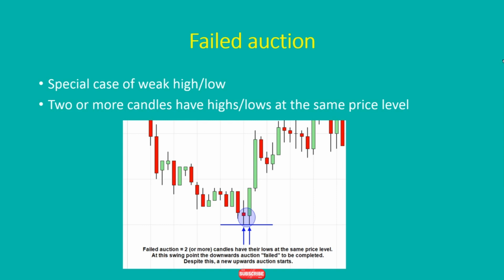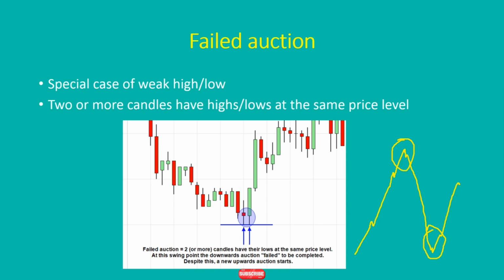The theory behind the failed auction is that the market is always in an auction. It's an auction that first goes upwards, then it goes downwards and upwards. It's a continuous auction, alright? An auction should always end like this. It's very similar to, for example, when you go to an auction house and there is an auction for a painting, alright? So imagine you are in an auction and there are people who place their bids and the highest bidder